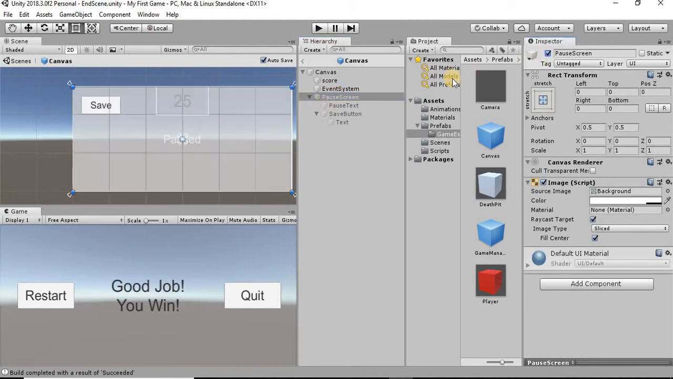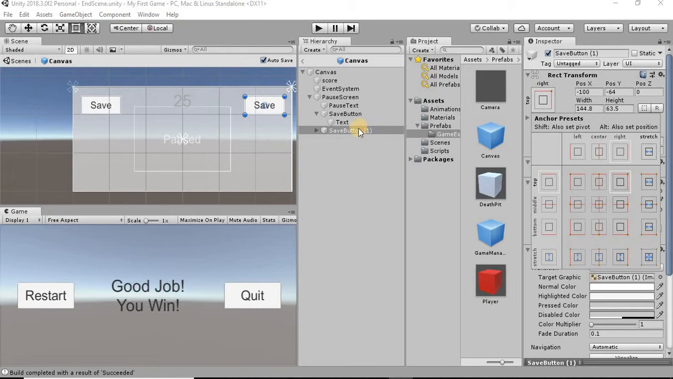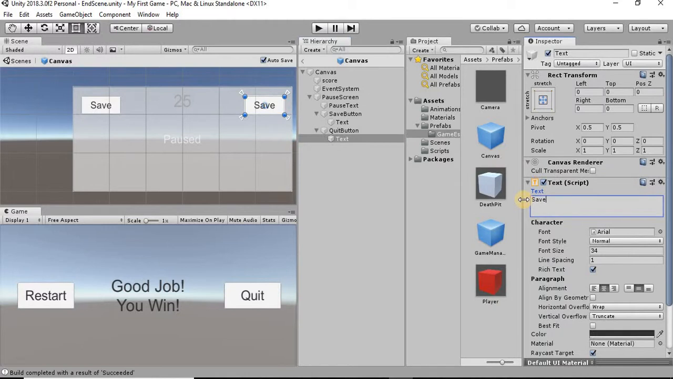So what I want to do on our Canvas prefab, I want to go into our pause screen. I'm going to activate it so we can see it. And I'm going to duplicate this save button by hitting Control D. I'm going to drag it over here to this corner. I'm going to anchor it to the top right. And I'm going to change this to say quit button. Quit button. Just like that. So now, in the text, I want to say quit,